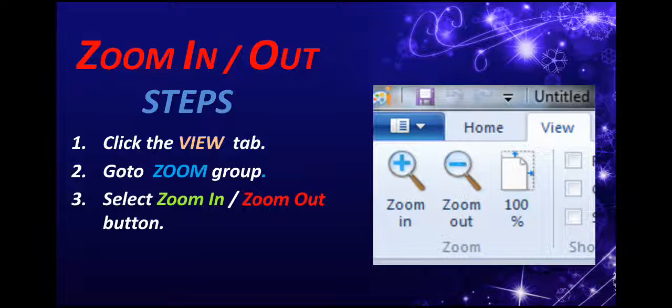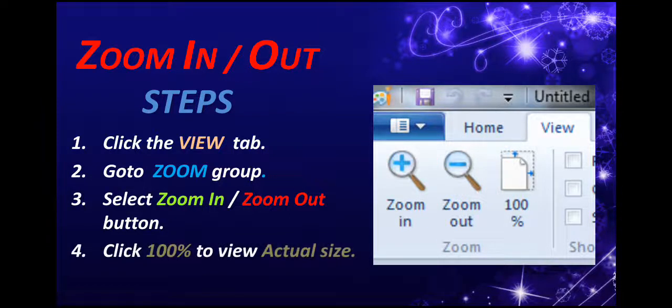If you want to enlarge the view, you can use the binoculars with the plus sign, and if you want the smaller view of the picture, you can use the zoom out button with the binoculars having a minus sign. Here's the zoom in button, here's the zoom out, and if you want the picture to return to its actual size, use the 100% button, this button.